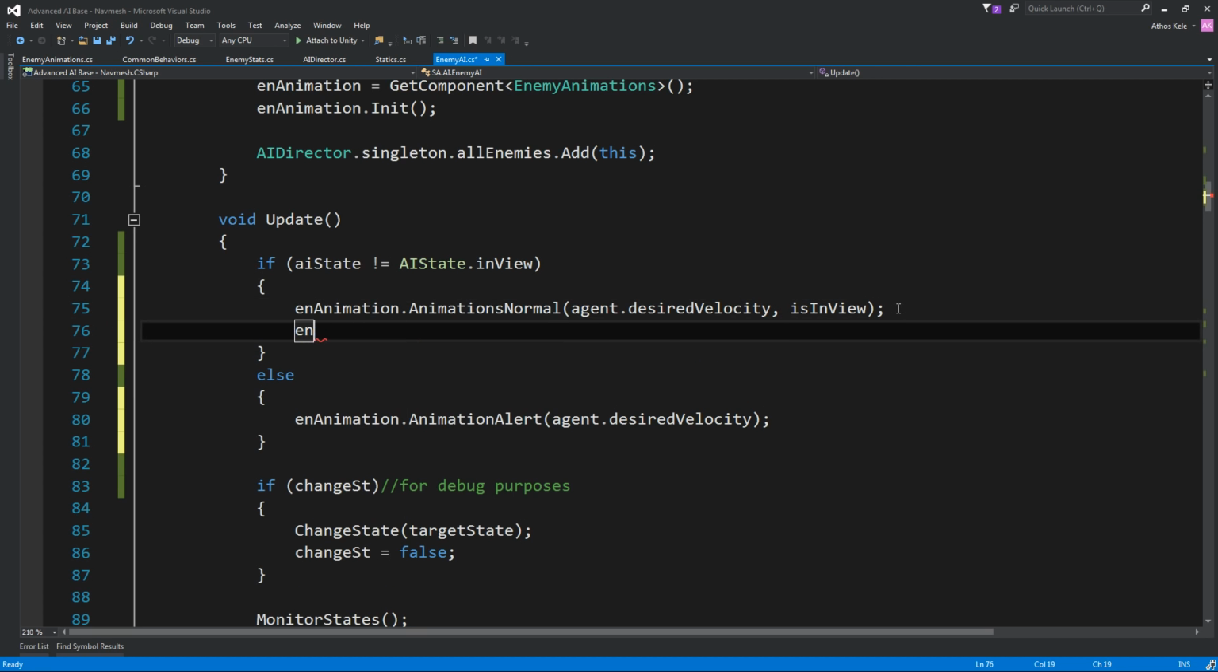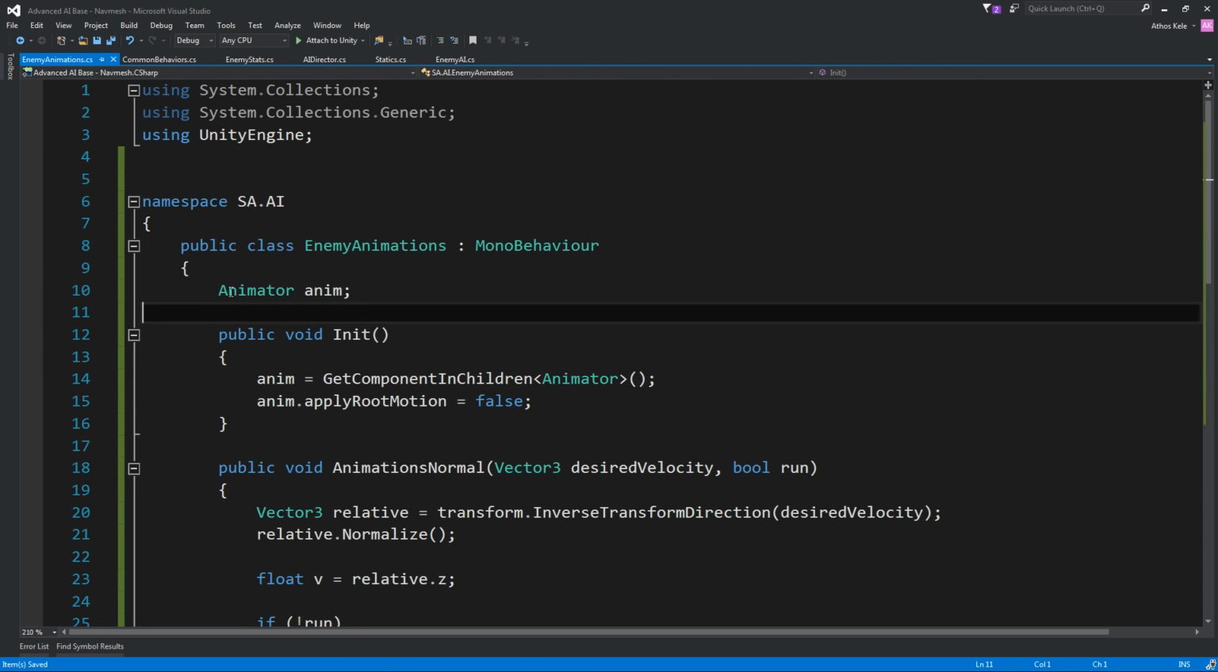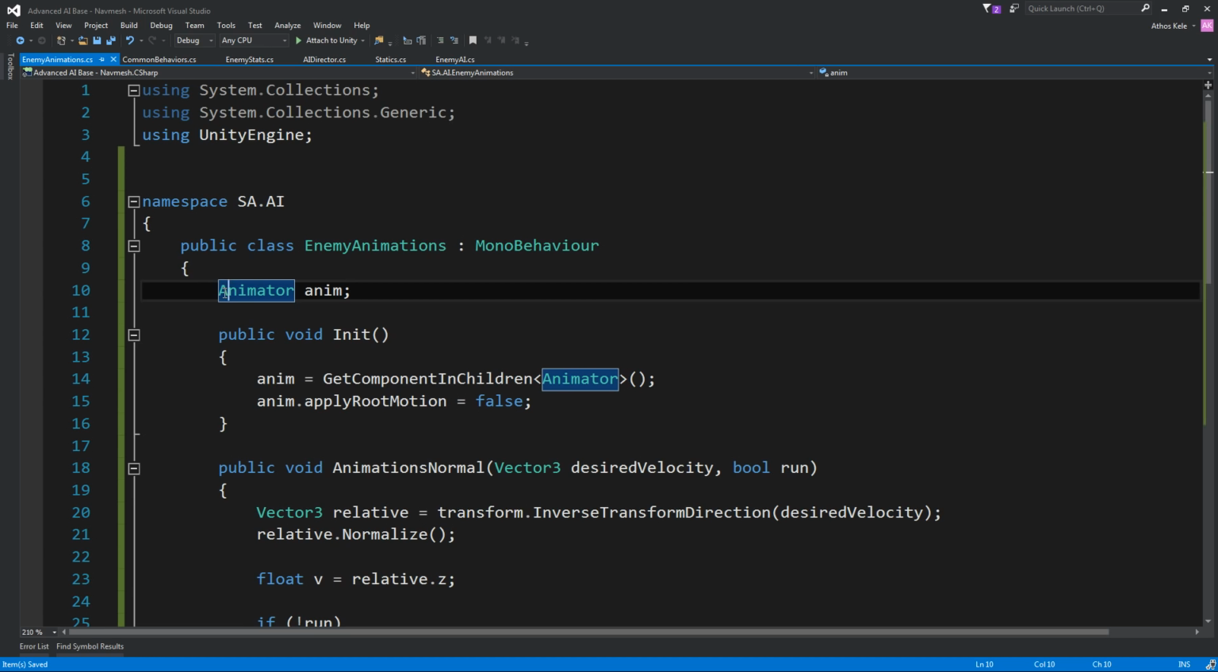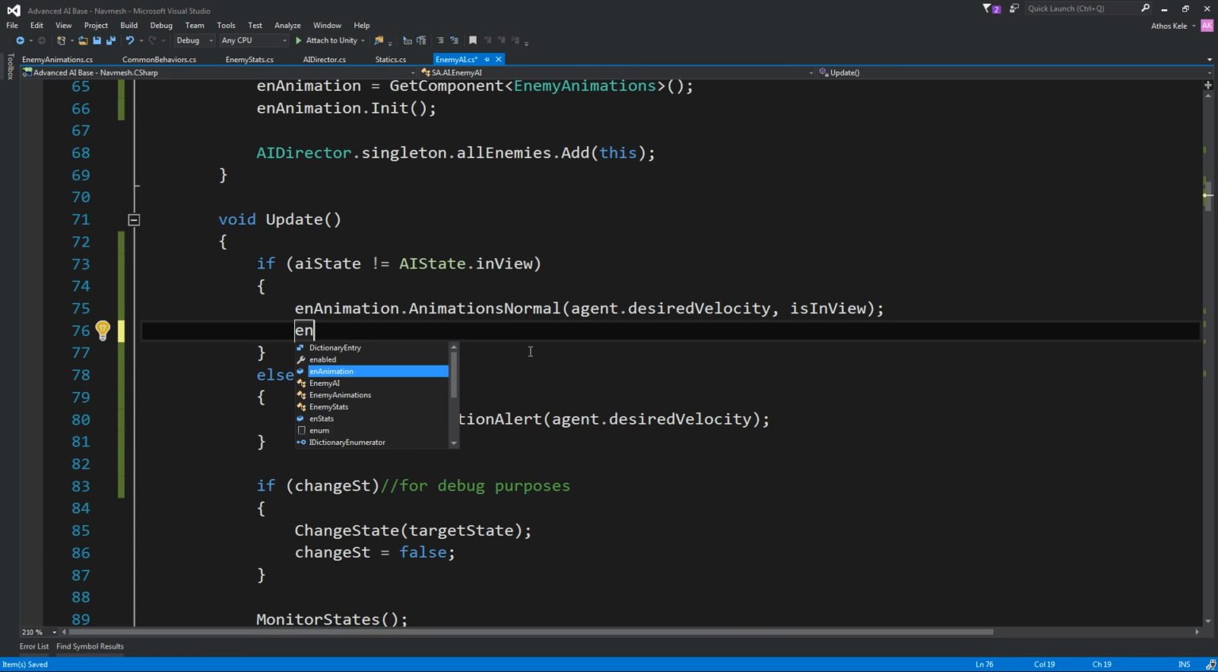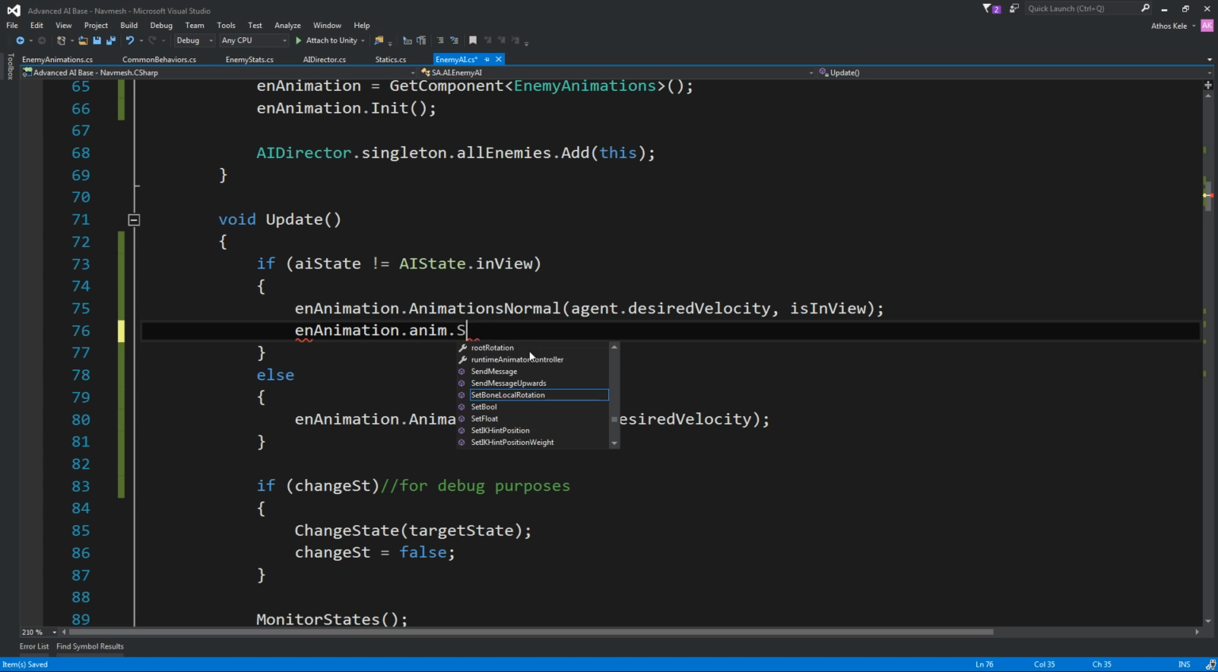And since I said that, that means I'm free now to be even more dirty with my code. So I'm just going to make this public because I'm bored of doing anything else with this. So enemy animation anim.SetBool, not bound local rotation. We have our Statics dot